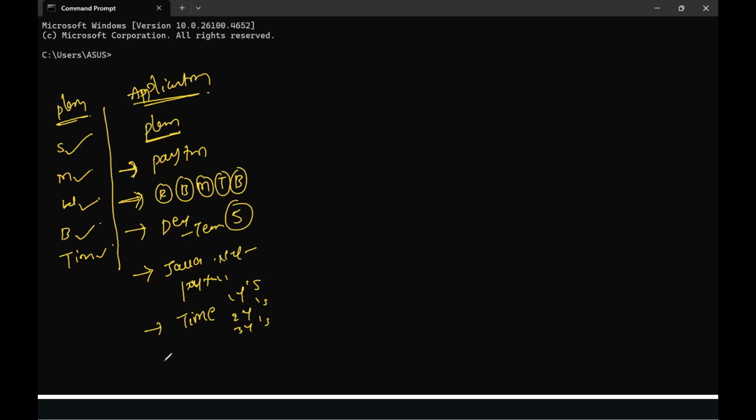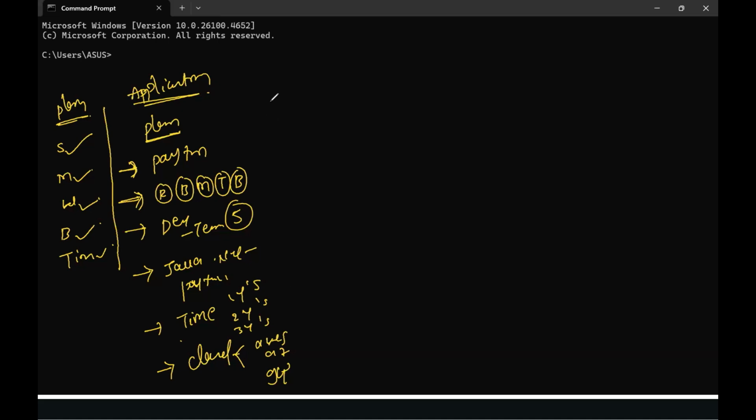Clear? Next, on which cloud do you want to implement your Paytm application? In the market, majorly we have 3 clouds: AWS, Azure, and GCP.